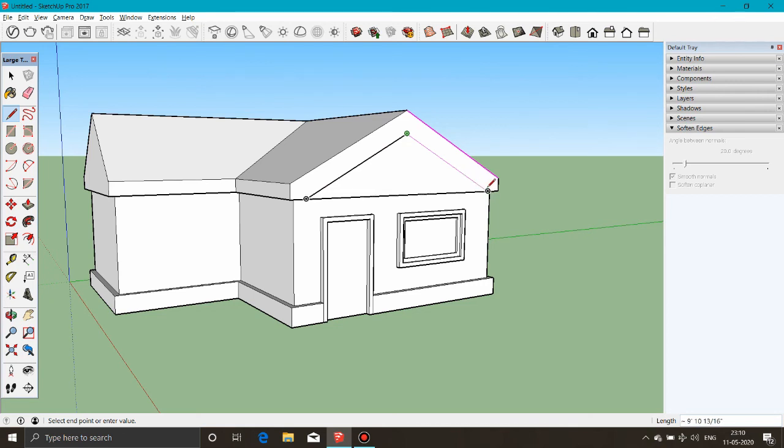Click to finish that edge, then continue drawing and hover over the far roof line to tell Sketchup that we are now interested in that edge. Sketchup will now show us the parallel inference to that edge, and we can follow it down to meet up with the lower on-edge inference point. At this point, you can keep